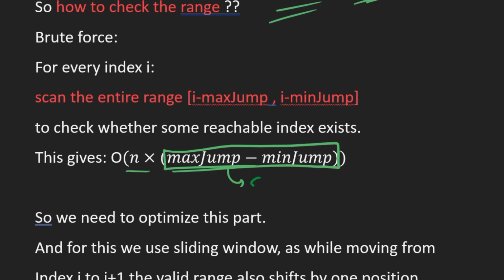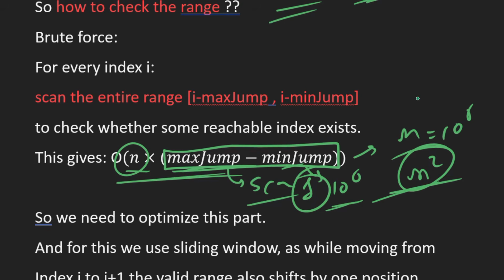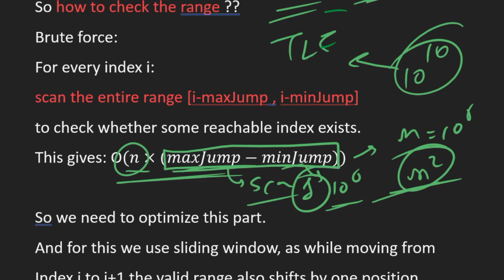Max jump minus min jump to scan the range, and we have n indexes. But n is 10 to the power 5, and max jump and min jump can also be 10 to the power 5. So in the worst case, when max jump is 10 to the power 5 and min jump is 1, our time complexity will be big O of n square, or 10 to the power 10. So that will give us time limit exceeded.